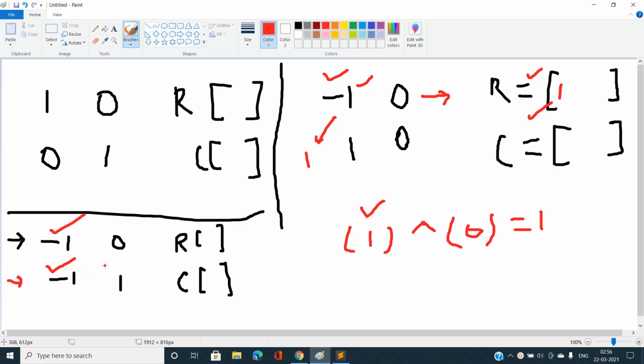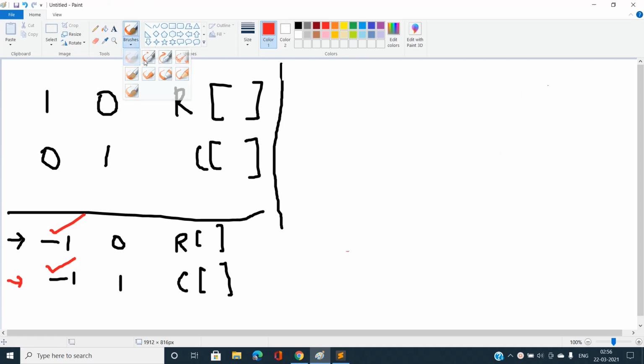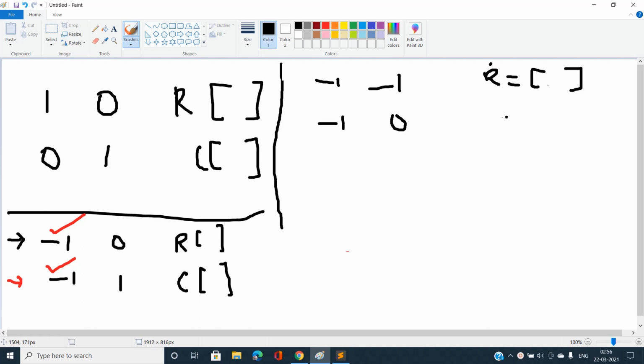So I'm not going to spend any cost to find these minus 1. Okay, so let us move to some more tricky examples, and finally analyze what is happening in this question. Let us take another matrix, and it should be like minus 1 and minus 1, and only this one is known, and we have an R matrix already known, and we have our C matrix already known.